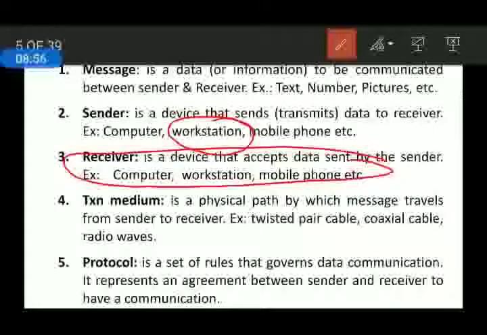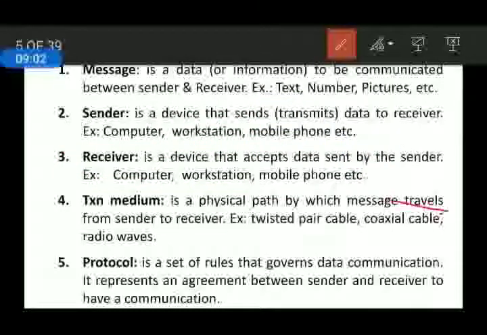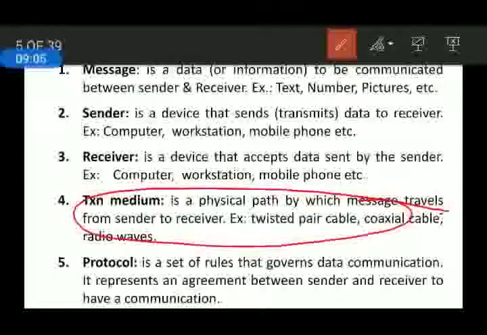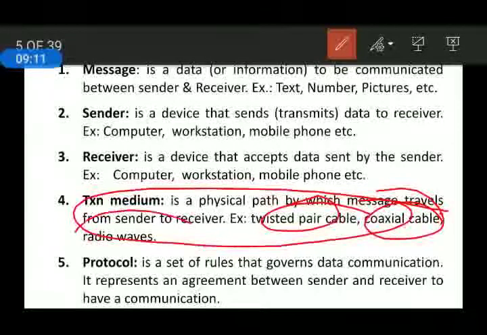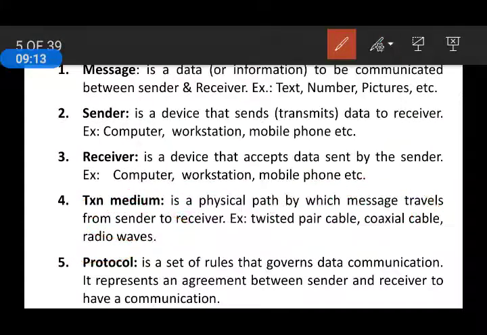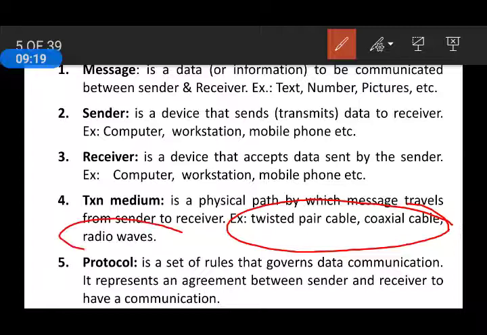Again, it may be a computer, workstation, or mobile phone. Then the transmission medium is a physical path by which the message travels from sender to receiver. Examples are twisted pair cable, coaxial cable, or radio waves. In case of wired, we can use a twisted pair cable or coaxial cable. In case of wireless, we can use radio waves.